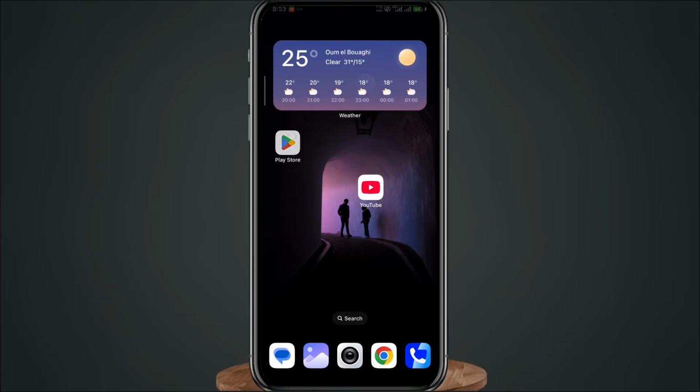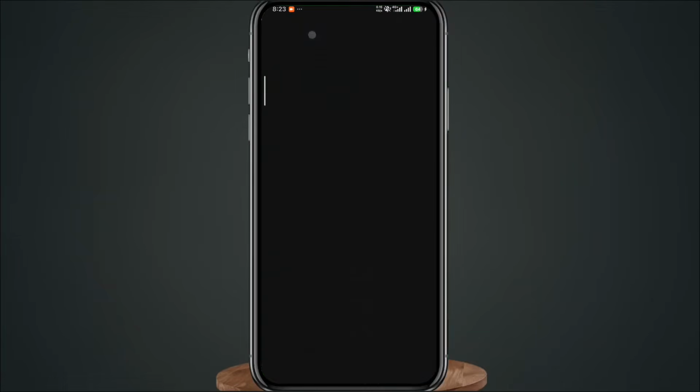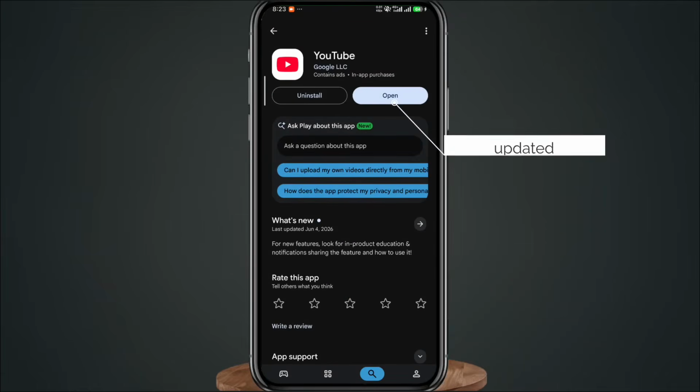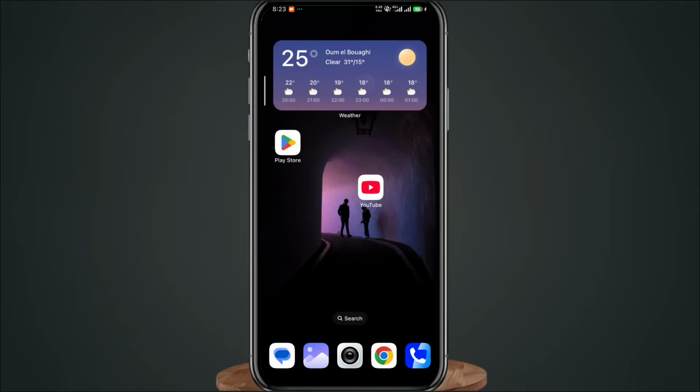Since we're going to use the YouTube app, let's go ahead and open the Play Store or App Store, and make sure we have the YouTube app updated to the latest version for everything to work properly. Now first, I'm going to show you how to download videos that you own, basically your own videos